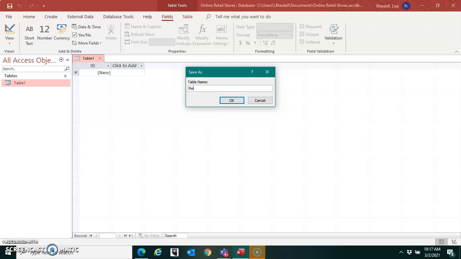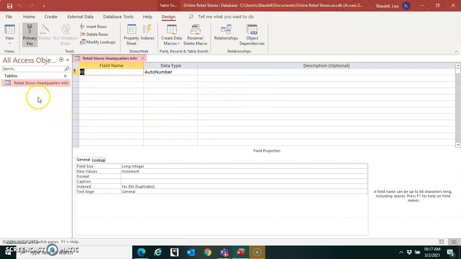Okay, retail stores headquarters info. All right, so once we get in here, it tells us that